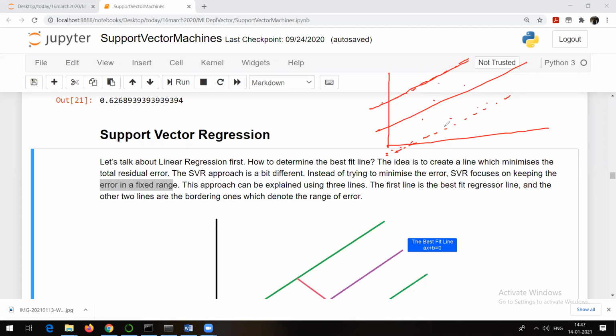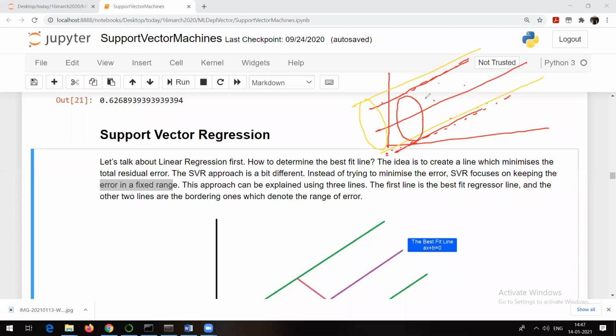Suppose these two lines are drawn. Suppose this line and this line is drawn. Like this, a number of lines will be drawn. But which pipe, or which combination of lines, will be selected? That combination of lines which is going to contain the maximum number of points and which gives the best result. Those particular lines will be selected.